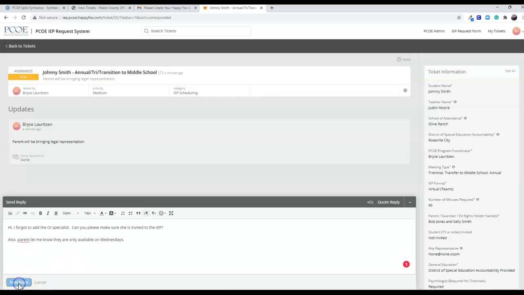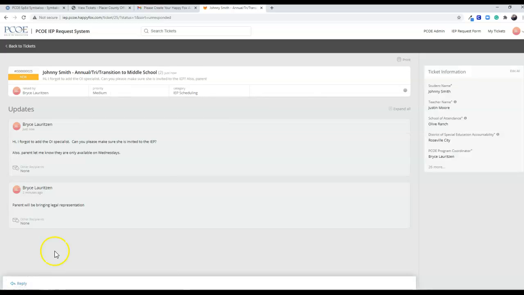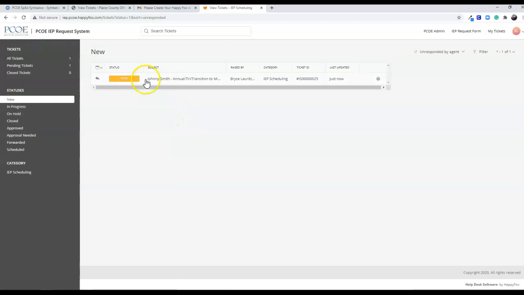And you send that reply, and that reply will go straight to Bettina, and Bettina will be able to track those, and she'll be able to reply to your email. So this becomes almost like an email where all of this is going to be tracked together. The hope is that you'll be able to keep the status of your tickets a little bit cleaner, and that they'll all be inside of here, and you'll be able to check all of your IEP requests,